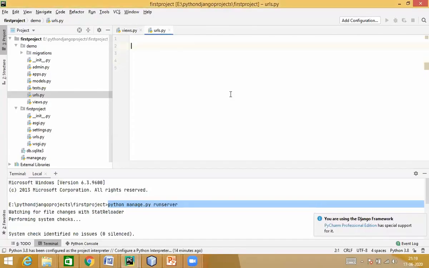Okay. Now what I'm going to do is create a path. This file called urls.py will store the path for each and every page that you create. Over here, I'll first import the file from demo, which is the name of the app, import